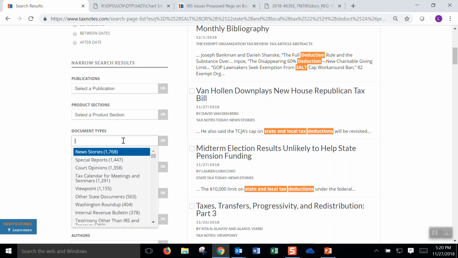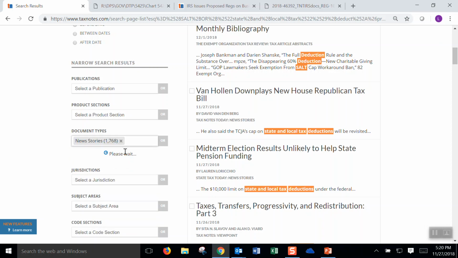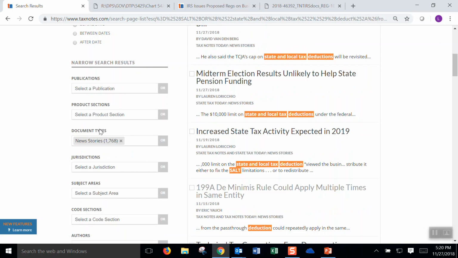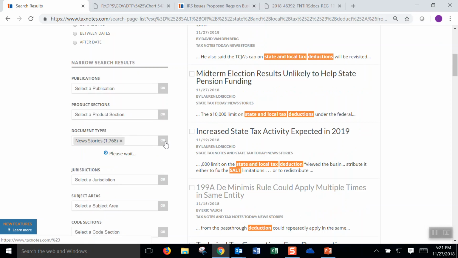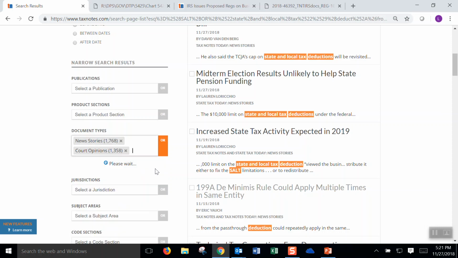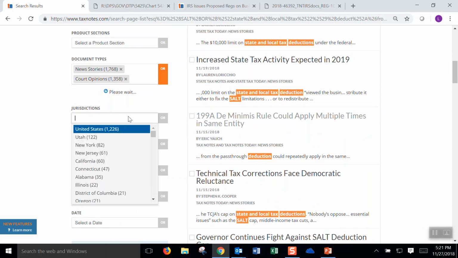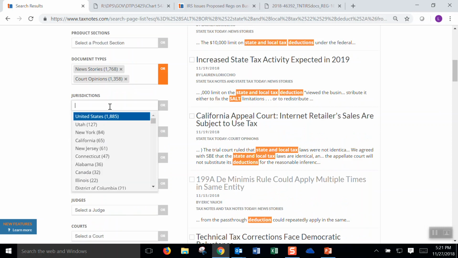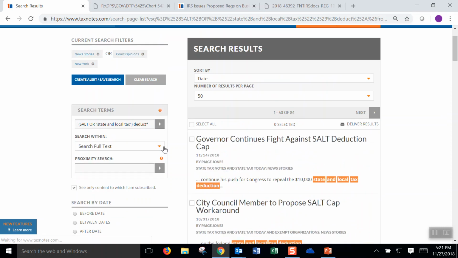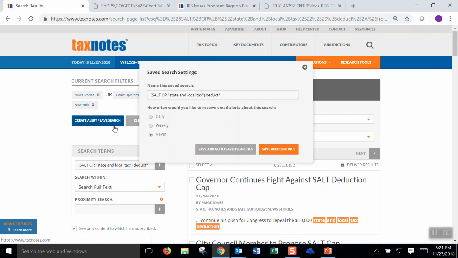So for example, I only want to see certain types of documents as regards this topic. So I'm going to use this filter. I can use the OR operator to multi-select within a category. And I can use a combination of filters. So now I have entirely new results on the screen. This is a narrower search. I'm also going to save this one as an alert.